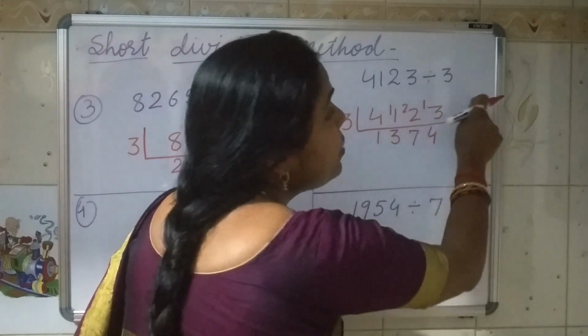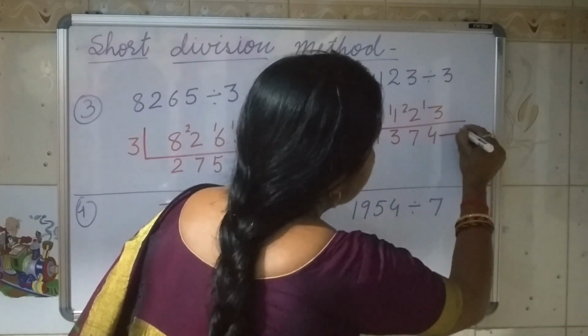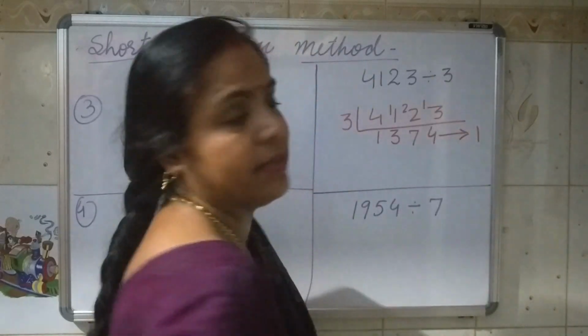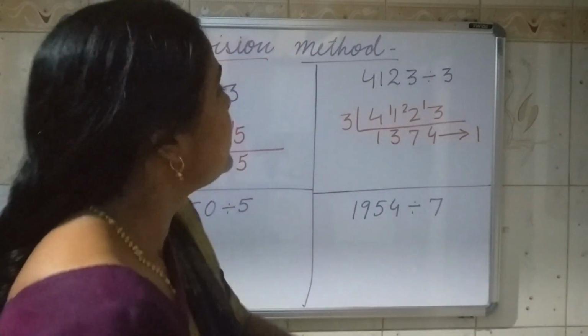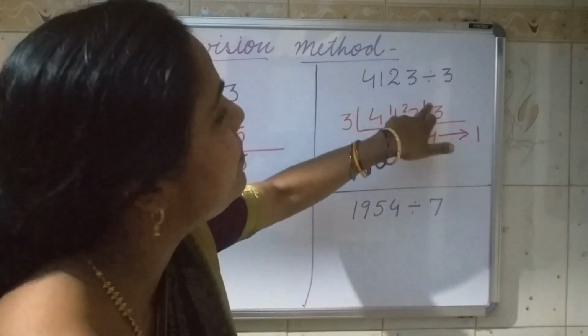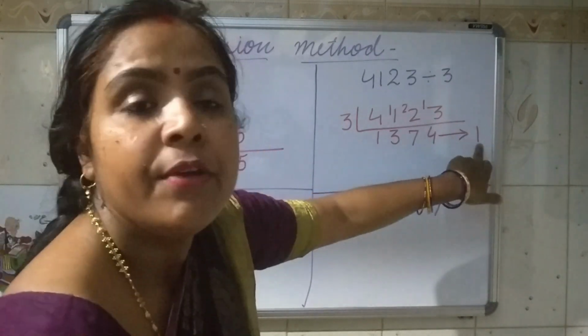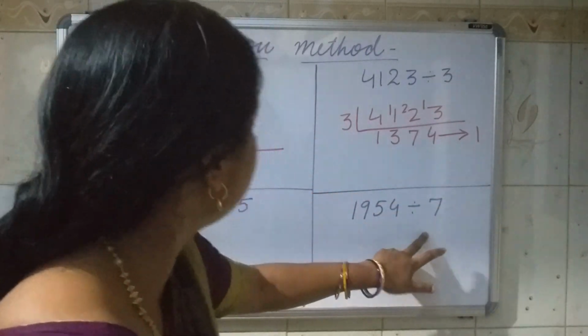Now there is no number left. So where will you write that remainder? So that remainder we will make an arrow and we will write down here. Clear to you? So till now whatever the remainder, we were writing above the number. You can see here above the number. But for the last one there is no number left. So where will we write the remainder? We will write it down near. So now solve these 2 questions on your own.